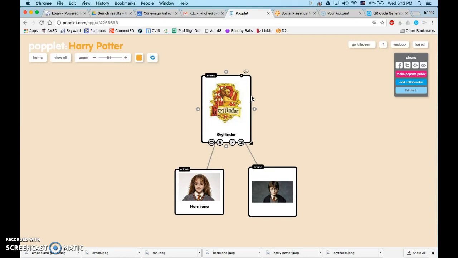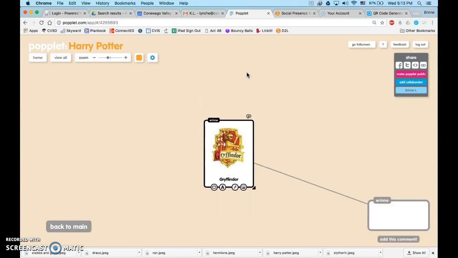For reflection, I thought this would be a nice reflection piece. I could post kind of a comment or a picture and have students post their reflections or thoughts about it, things like that. Going along with the reflection, students could be asked to comment on other things. So let's say I'm looking at this Gryffindor Popple. I click on it and there's this little chat blurb here. When I click on that, it actually only focuses on that Popplet, and the student who clicked on it can type a comment like,